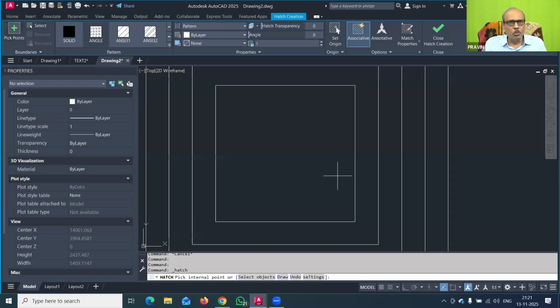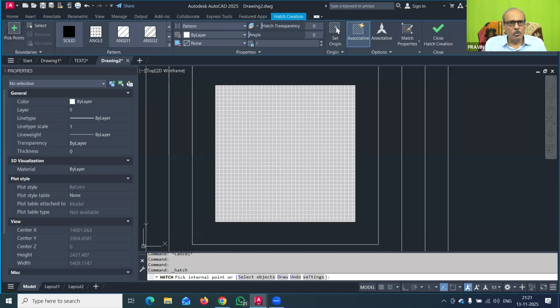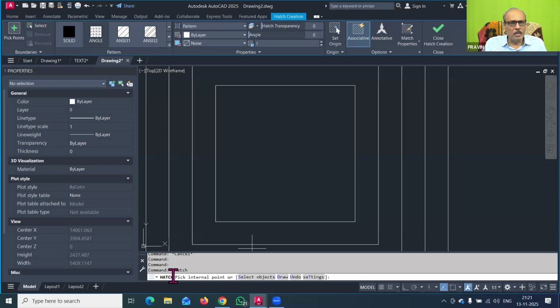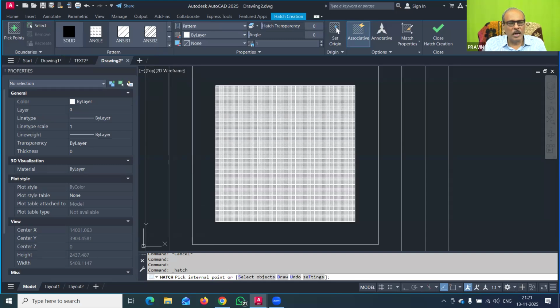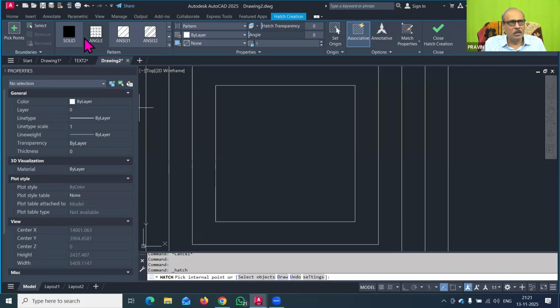If you do not do anything, you can see the command line saying pick internal point, and it automatically selects the internal area and the hatch pattern is automatically applied. So to avoid this accidental filling sometimes, you have an option to go to select boundary object.